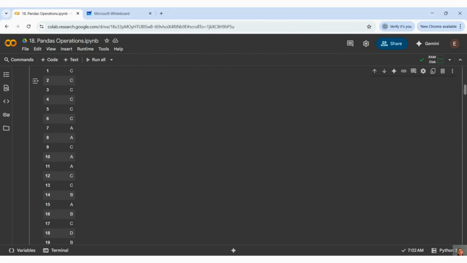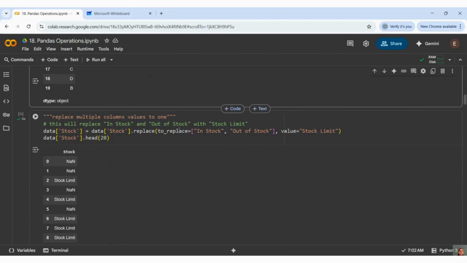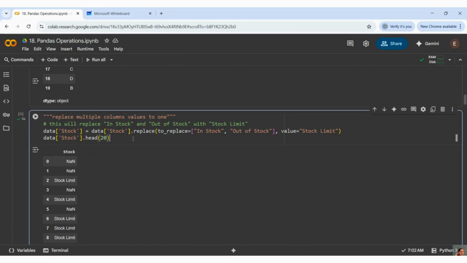Now we will see how to replace multiple values at the same time. In this example, I have stock. In my stock, what are the two values present? We have in stock and out of stock.